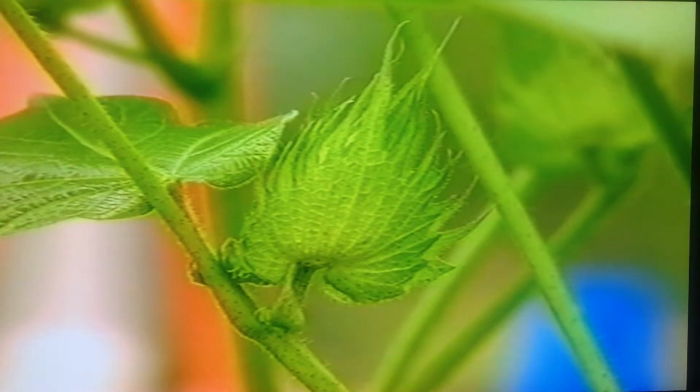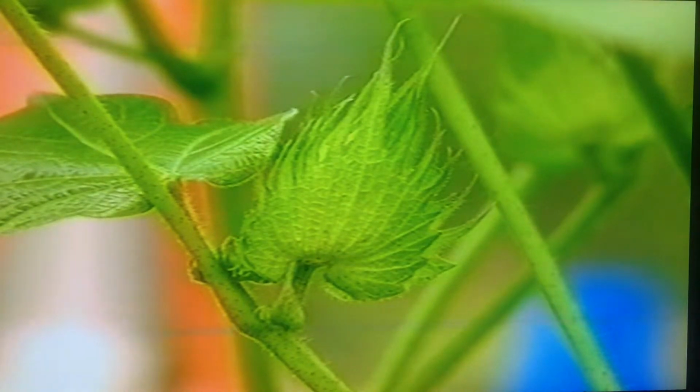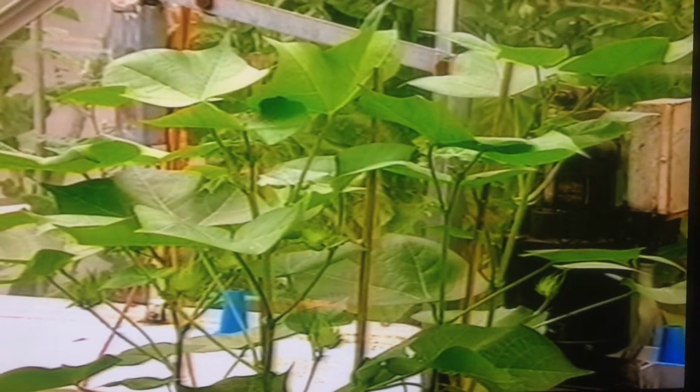So what's your next step? Well, I've actually made transgenic plants, cloning this gene in to determine if we increase the levels or decrease the levels, how that affects the